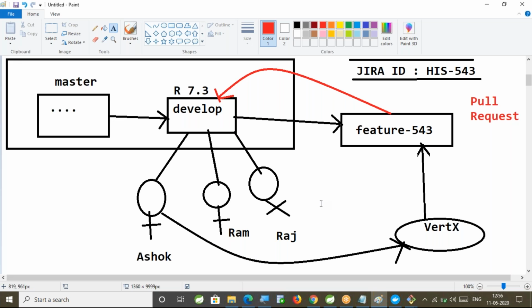Right. So I hope with this you understood what a branch is and how to create a branch. Now, let me create the future branch from develop. The development branch was already created from the master branch. Now I want to work on this Vertex implementation in the project. Instead of making the changes on the development branch, I want to make the changes in a new branch. Right?